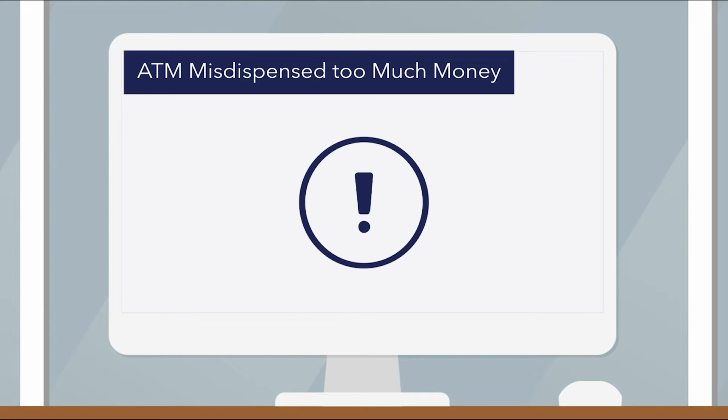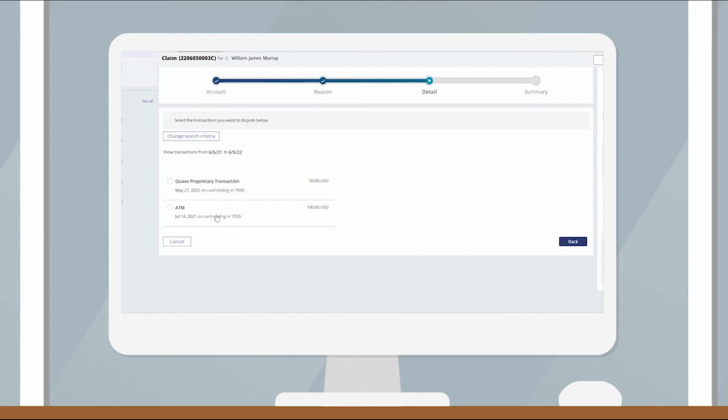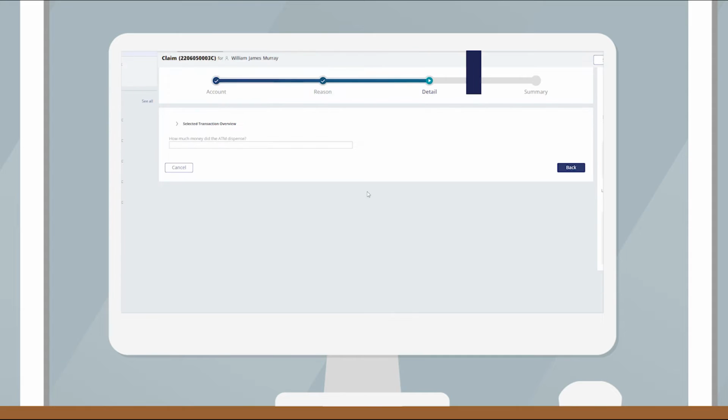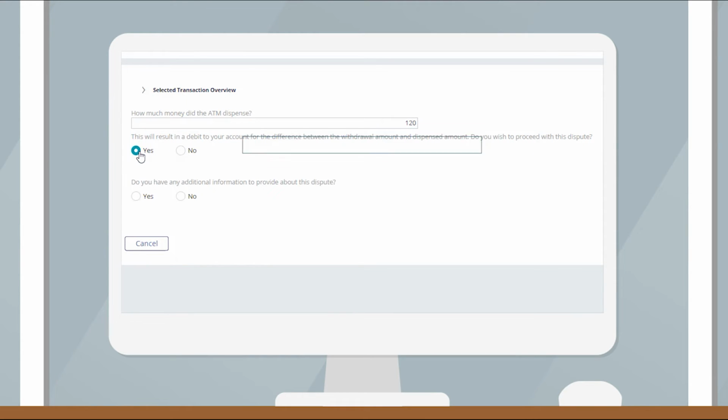case that an agent is disputing an ATM misdispense for too much money. In the case where the cardholder is calling in to inform their financial institution that the ATM dispensed too much money, the item can be disputed through QFD, but there will be a warning that comes up for the intake agent to let the cardholder know that disputing the additional funds will result in a debit to their account. This warning is there to ensure we're establishing the correct expectations with the cardholder throughout the call and throughout the